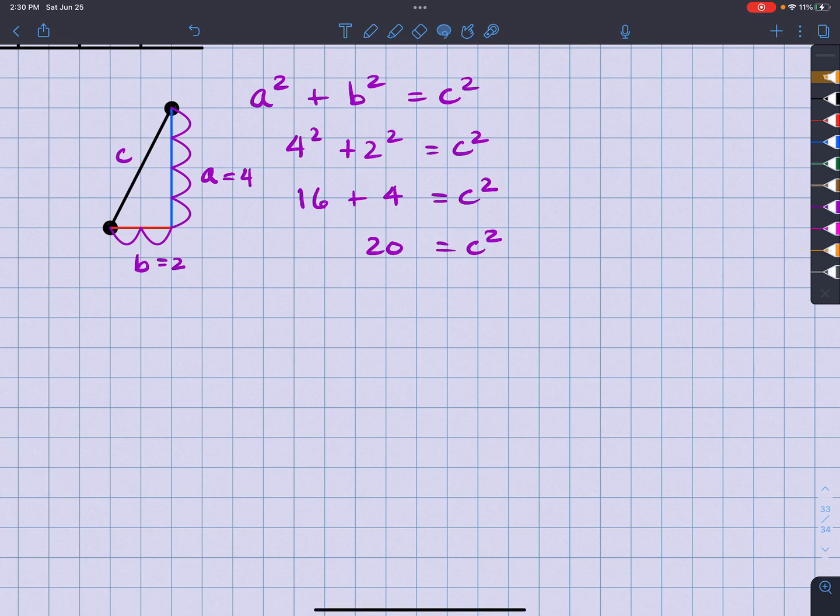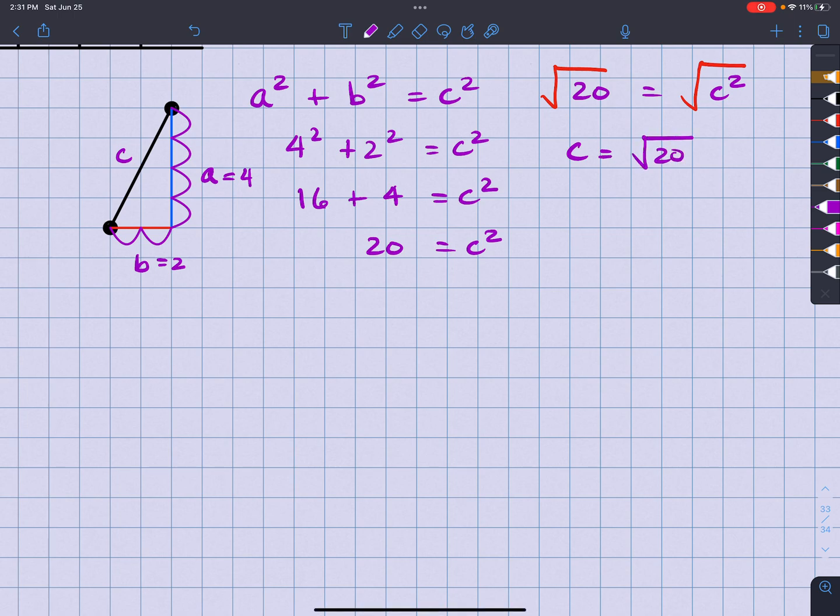And now you go, oh, got it. I can just take the square root of both sides. And I'm going to take the positive part, because usually we have to put the plus and minus. But since we're talking about distance, we can't really have negative distance, so we don't do the plus and minus. We just leave the plus. We're rejecting that negative. So I have that C is equal to the square root of 20,